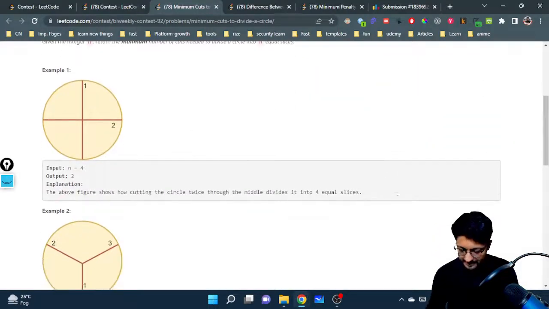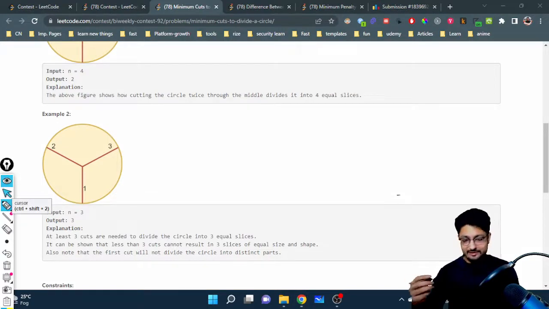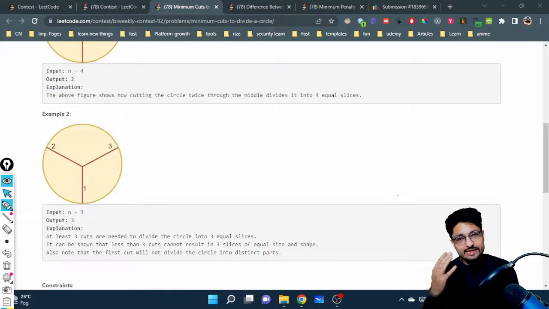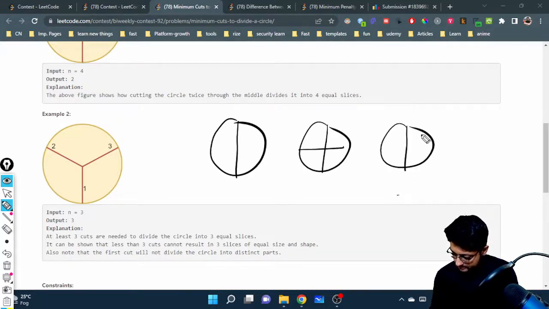Let us take some examples. If you have n equal to 4, you want to divide it into 4 equal slices, you will do 2 cuts like this. If you want to divide it into 3 slices, you will do like this. The overall idea will come from the picture itself. If you have to divide it into an even number of slices, let's say 2 slices or maybe 4 slices or 6 slices,